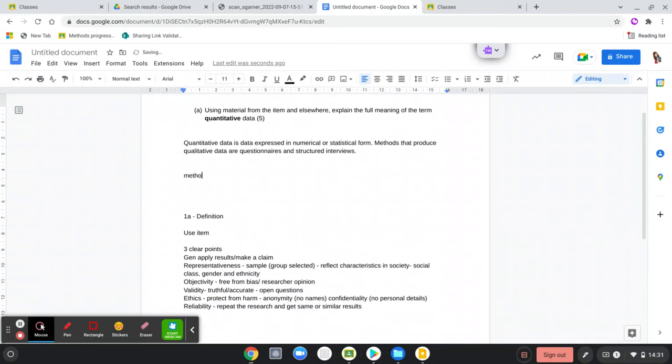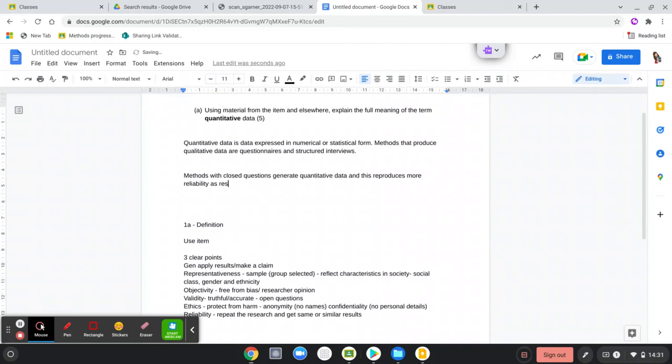Methods with closed questions generate quantitative data. And this produces more reliable methods with closed questions generate quantitative data. This produces more reliability